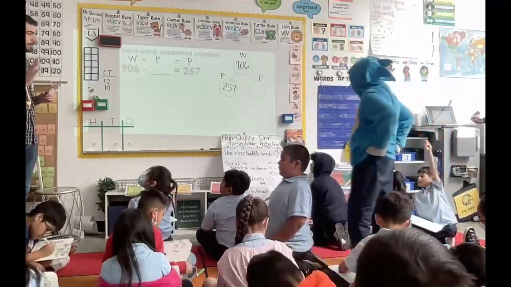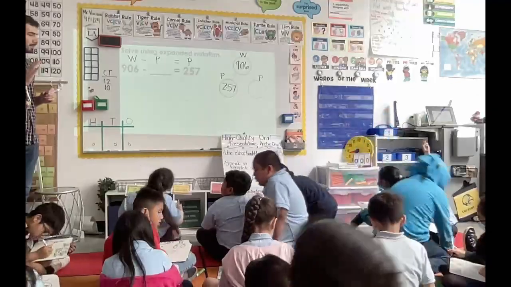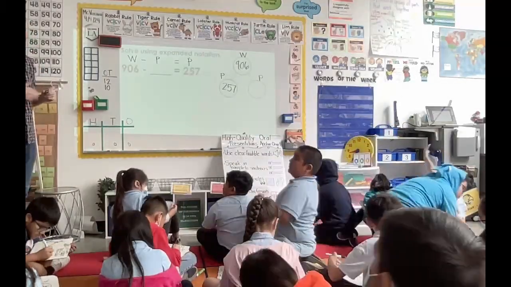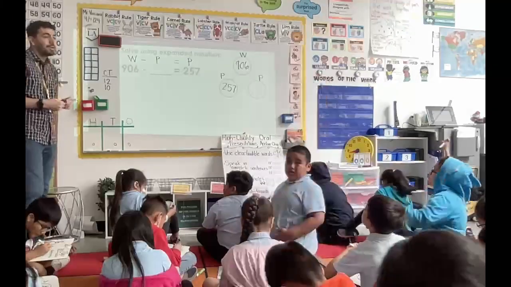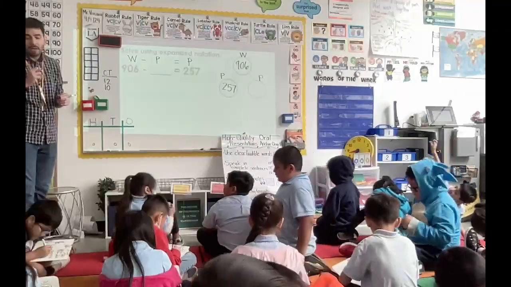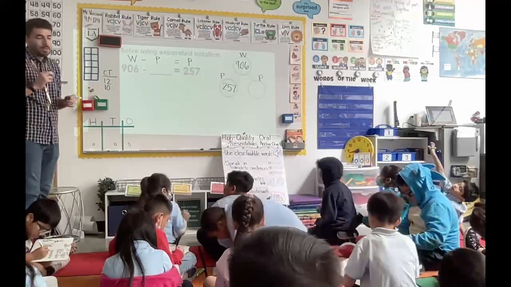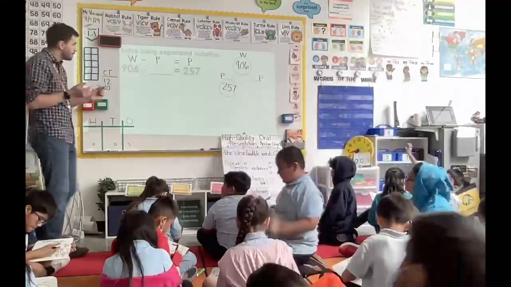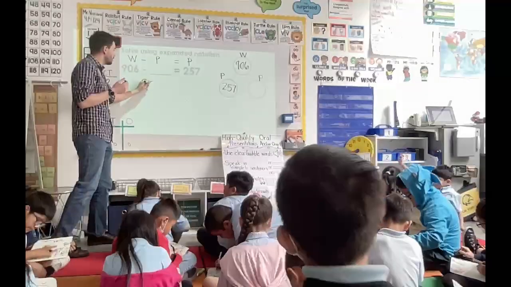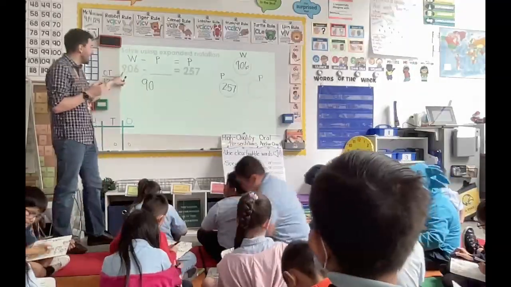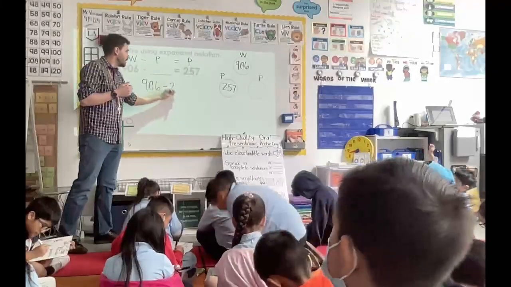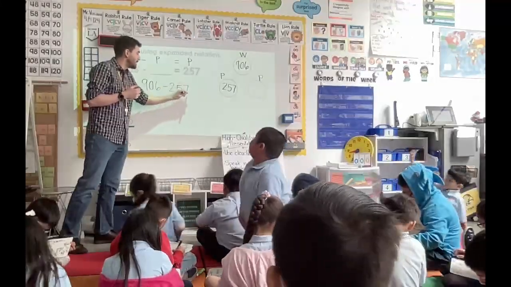Rylan, cut it out. So before you do that, what should you write first, Matthew? You need to write a new helper equation. So what would that new helper equation say, Liam? 960. Not 60, be careful. 906 minus 257 equals,